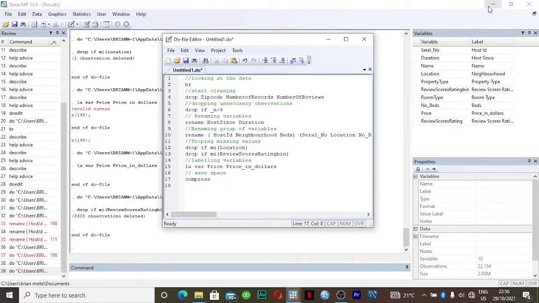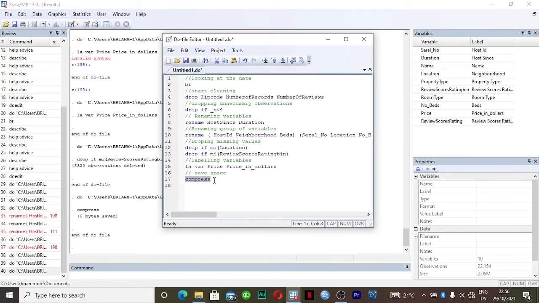So you compress it, right, Control D. 0 bytes saved. That means our data cannot be compressed any lower than that, so it is the right size, thankfully. But it is always nice to compress.